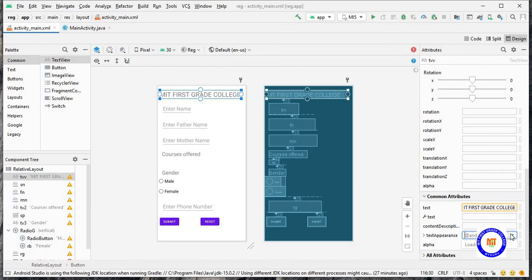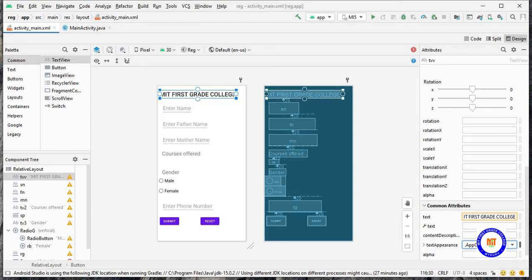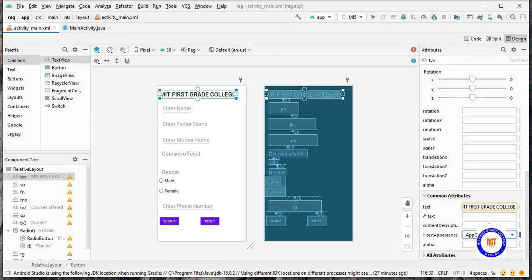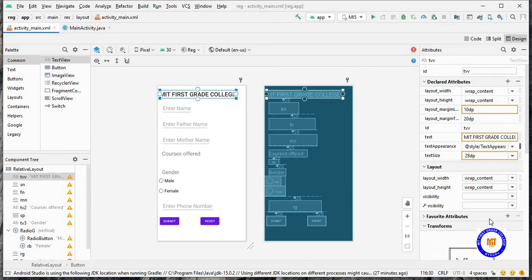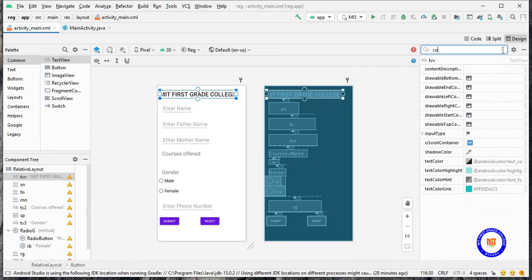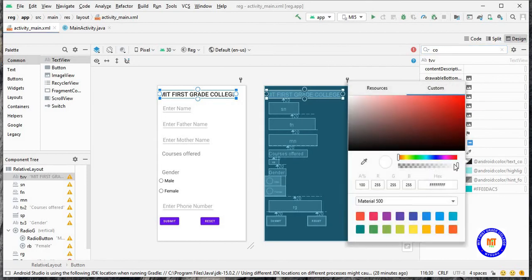You can change the text appearance. You can make it bold. You can change the text color. Let this be blue.